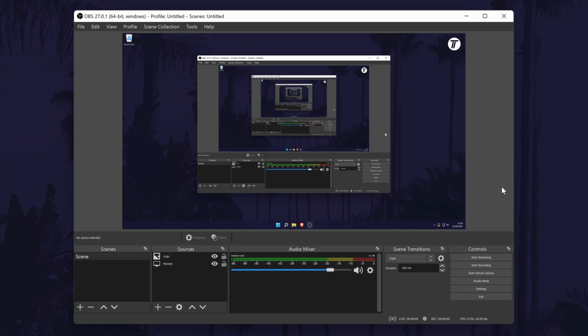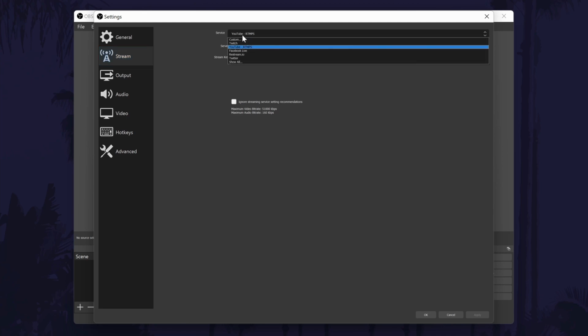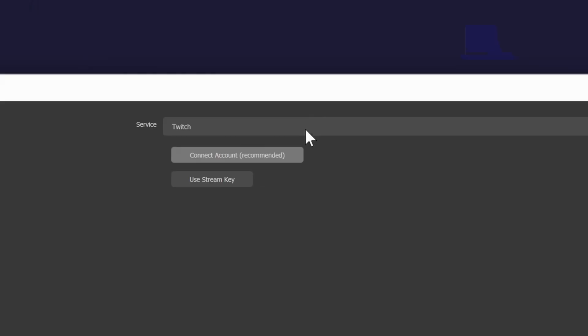To now live stream, we first need to connect the OBS software with your Twitch account. There might be two separate ways to do this depending on the version of the software you are using, and either should work fine. If you only have one choice to connect the stream, whether it's connecting your account or using the stream key, just follow that method. Head into the settings and then go to the stream tab. In here, you will see the ways to connect and set up your stream. We'll first use the account connection method and then we'll use the stream key method.